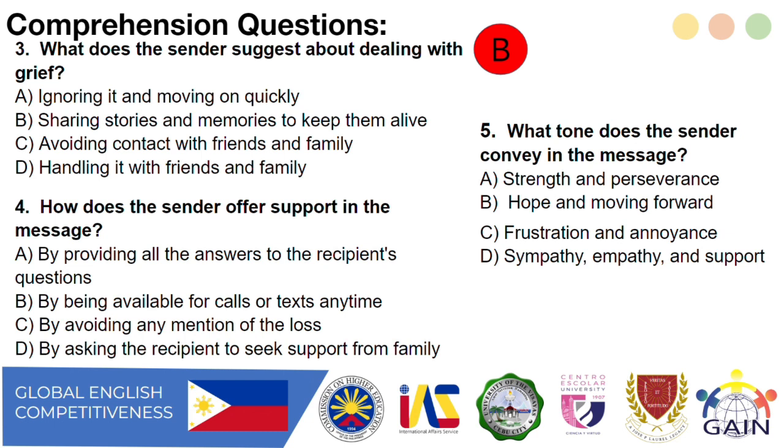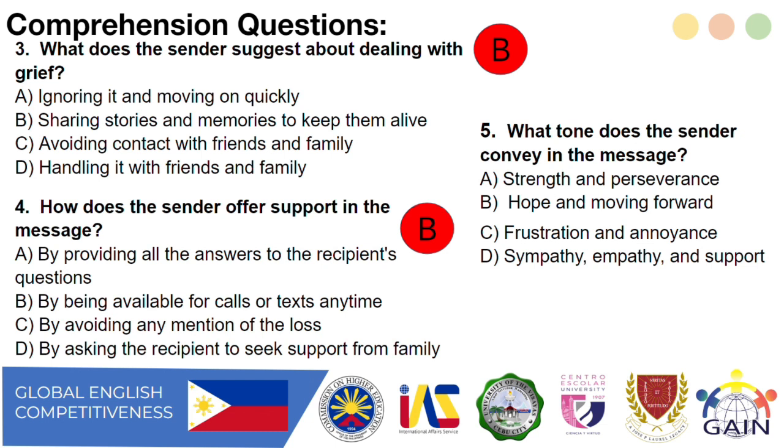D. By asking the recipient to seek support from the family. Our answer for number 4 is letter B. In the letter, Arlene mentioned, "Please don't hesitate to call or text me anytime,